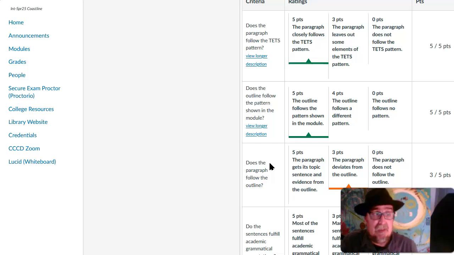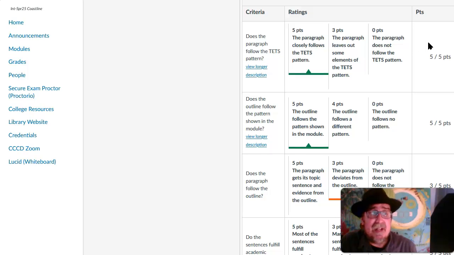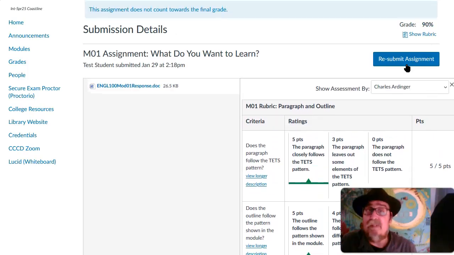That's a problem, clearly, so this student got some points knocked off. Therefore, he knows that in the future, making an outline, he should make the work follow the outline. This will help in the future. So looking at the rubric is a good way to keep refining your work as we keep going.